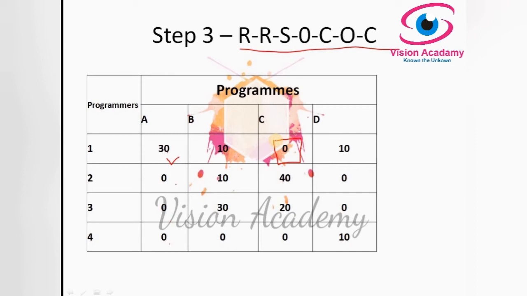So after finding a single 0, we give a rectangle around that 0. I have given a rectangle, and after that we strike over, cross out all other zeros corresponding to that column. It means that we have given a rectangle to this 0, so corresponding to this column is this. So we have 10 only. We have to cross out this, and let us go for the second row. Yes, 10 and 20. We cannot give that treatment here because we have 20. We have to have only 10.